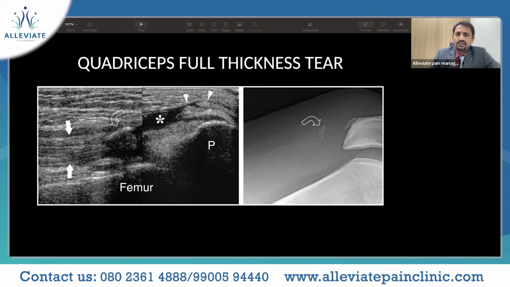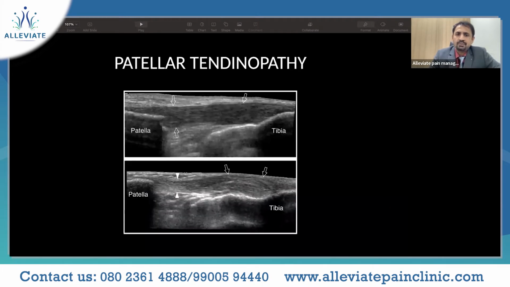It has been compared with a curved radiograph image, wherein in the suprapatellar area you can see the avulsed end, and the arrowheads in this case are pointing towards the normal distal end of the patella, near the patella, that is your quadriceps tendon. In this case, again, patellar tendinopathy, wherein you have seen your quadriceps area, and you translate it further,